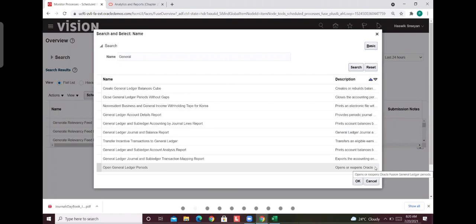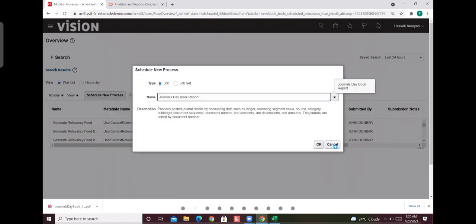Last batch also I used to show General ledger, trial balance. Journal and balance, no, that is different. So I will recheck that program name. It should come, trial balance report.